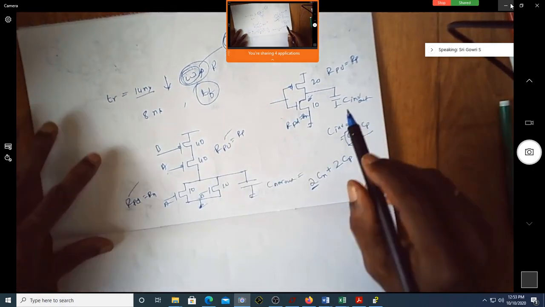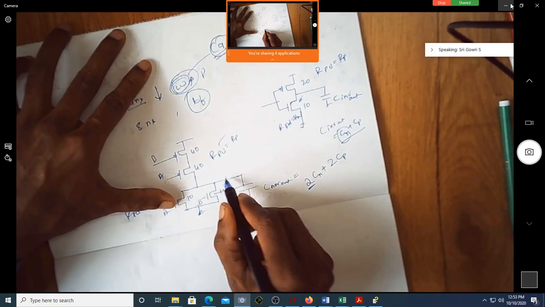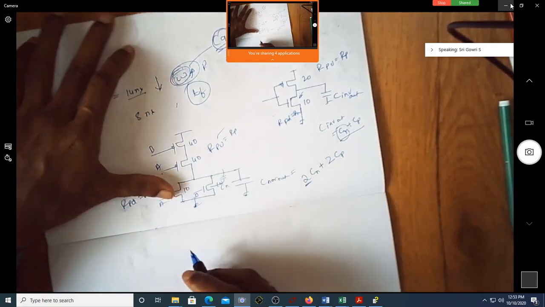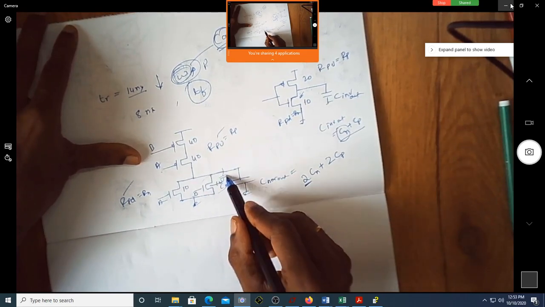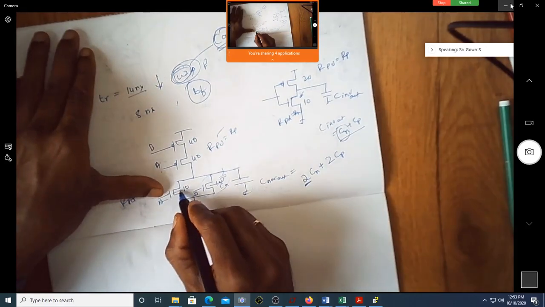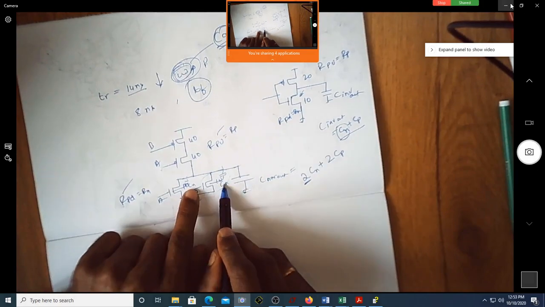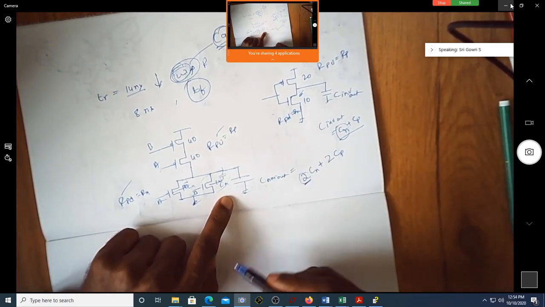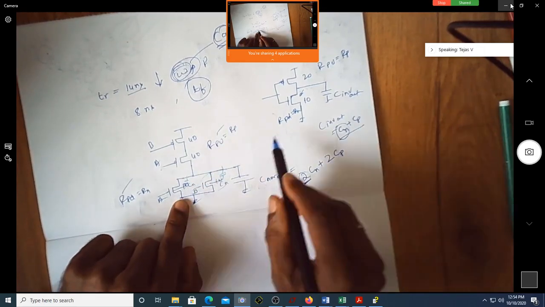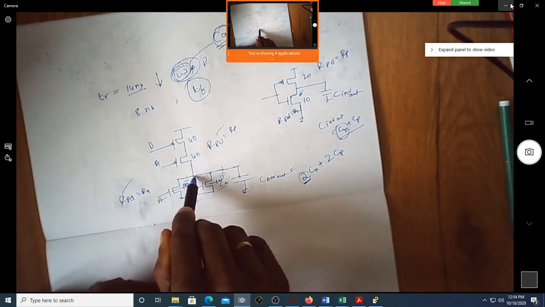How about the capacitance? At this point, do you have a capacitance due to this transistor which has exactly CN contribution? Because the dimension of this is 10, and this is also 10. What is the contribution by this MOSFET? It is CN. How about this? This is also CN because the dimension is so. Do you have two capacitors coming in parallel? Yes, sir. That's why it is 2CN, because two identical dimension transistors are connected in parallel at this junction.